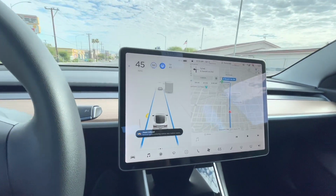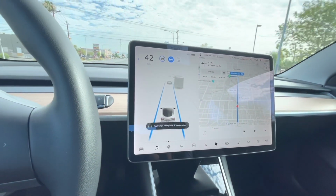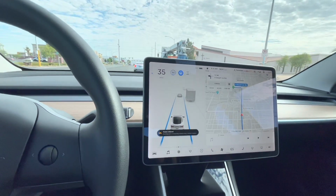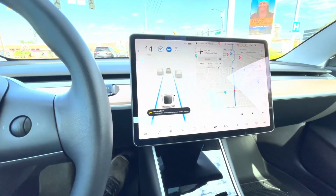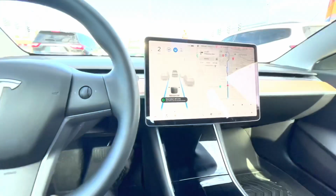And so right now we're on the way to the Tesla service center. We're going to be leaving the car there. Hopefully I get a replacement car, but if not, I'm going to get some Uber credits. And hopefully we can get this fixed. I know that right here you see a turtle. Something I wanted to point out is that when you're driving this,